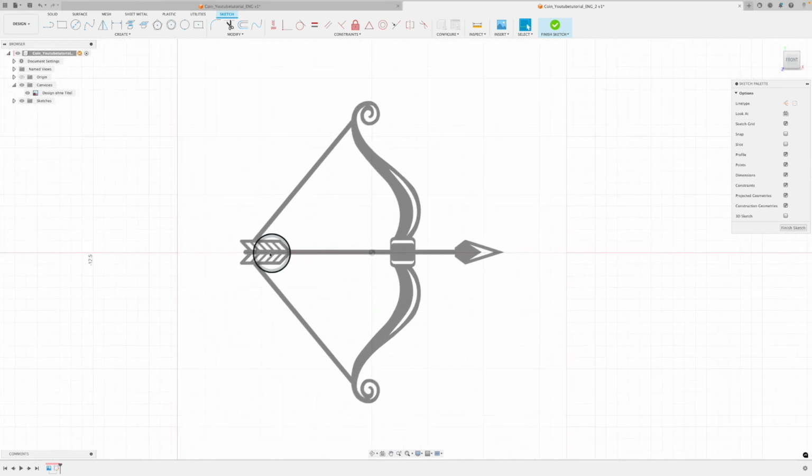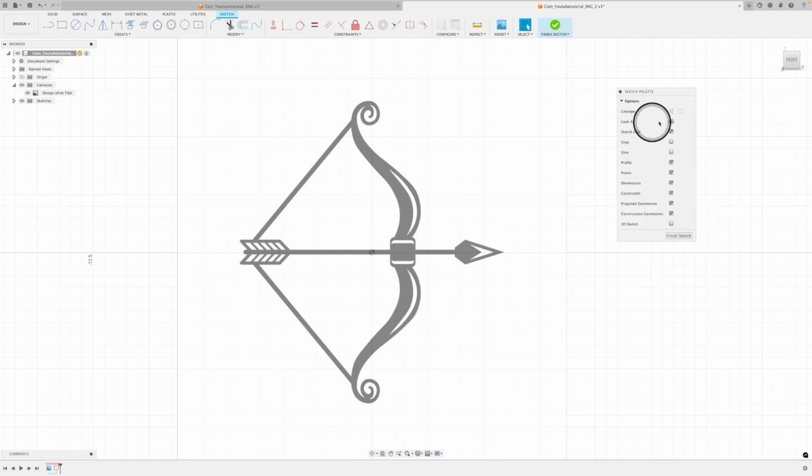The first thing we want to do is draw a line in the middle that is our mirror line. Our mirror line is not something that we want to use as a profile for making a 3D object out of it. We just want to use it as a help line. So for using a help line, you need to make sure that in your sketch palette, you've clicked on construction line, and this needs to be blue highlighted. And then you go on line,